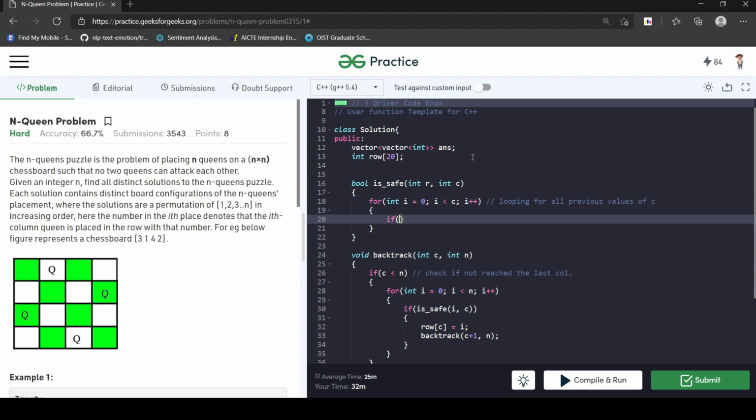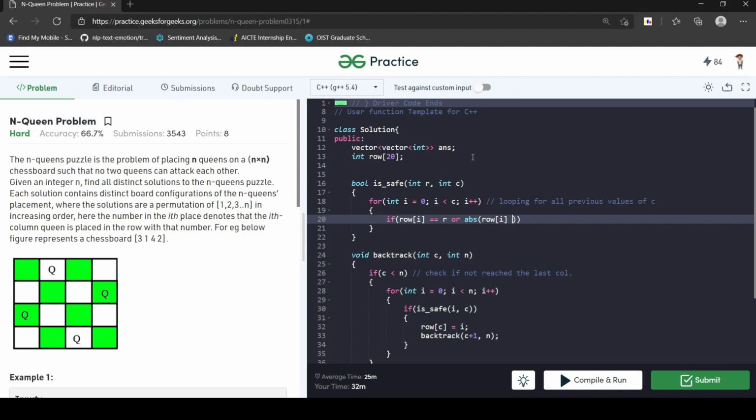So now if row of I has been covered earlier, or it is a diagonal with some other previous row, right? It is a diagonal with some other field.